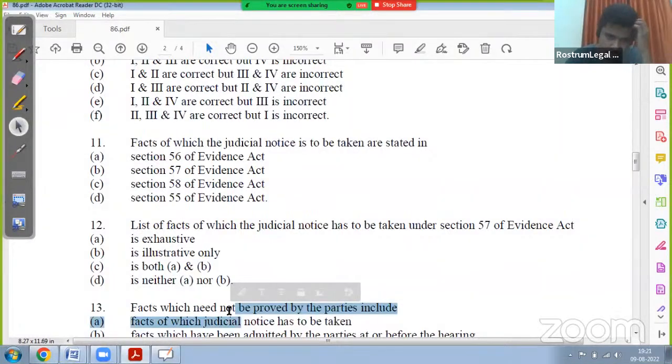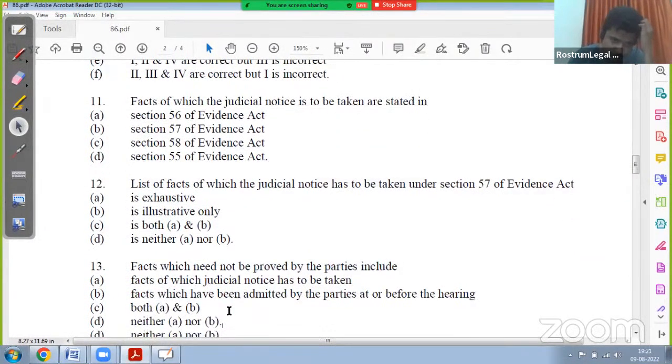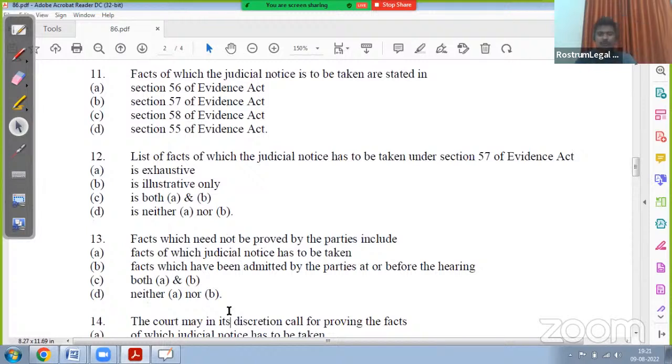Facts which need not to be proved by the parties includes the facts of which judicial notice has to be taken. Option A. Option B, facts which have been admitted by the parties at or before the hearing, both A and B, and neither A nor B. अगर आपने सेक्शन 56 to 58 चैप्टर 3 को पढ़ा है तो ये क्वेश्चन आपसे बन जाएंगे। क्वेश्चन नंबर 11, 12, 13 ये सभी उस पे ही बेस्ड है। क्वेश्चन नंबर 13, व्हाट शुड बी द करेक्ट आंसर, बताइए।